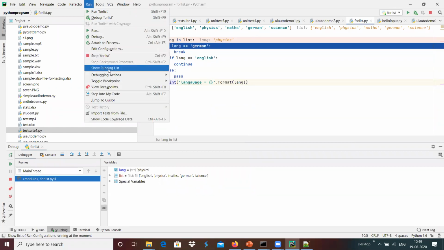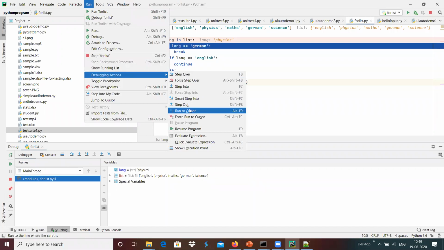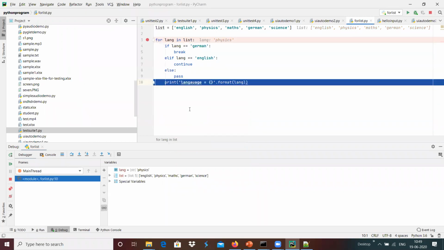Now I am going to run the debugging action, run to cursor. It reaches and it stops over here, and we did not put any breakpoint over here. But the thing is, run to cursor, wherever the line is that has the cursor, if the program control hits that particular line, then the program stops over here, and we can evaluate the expression over here.